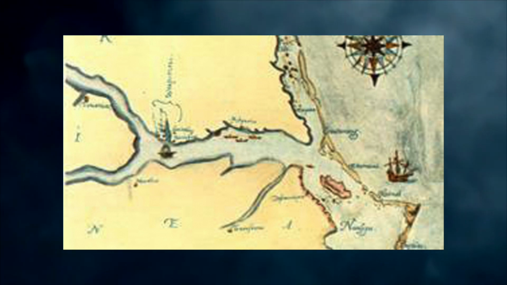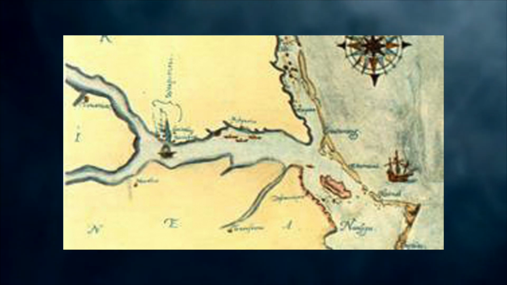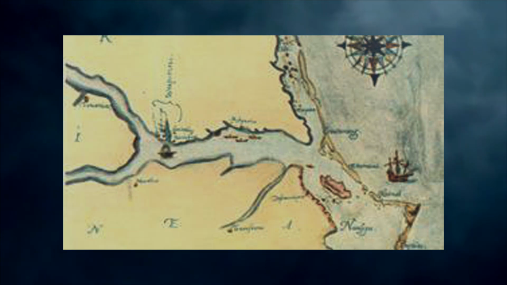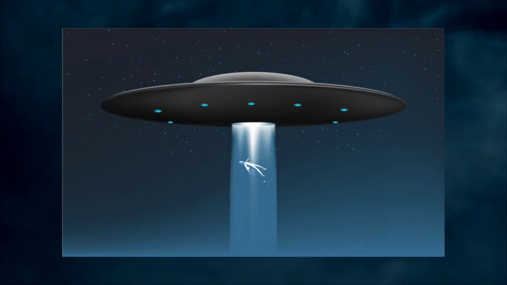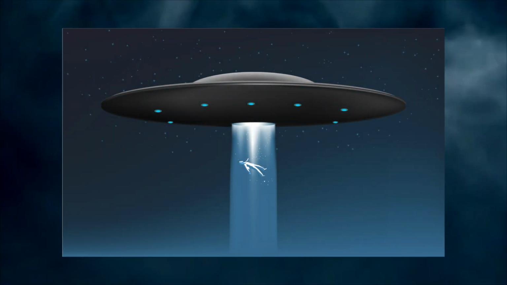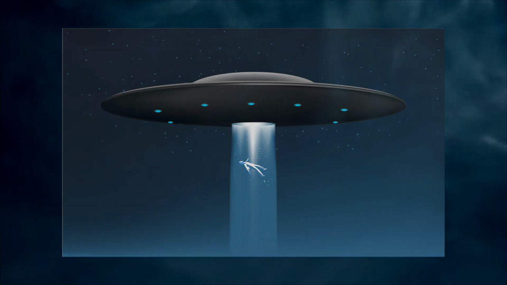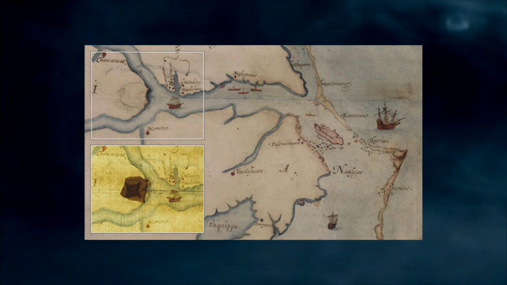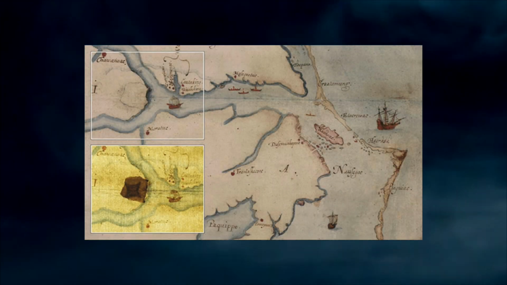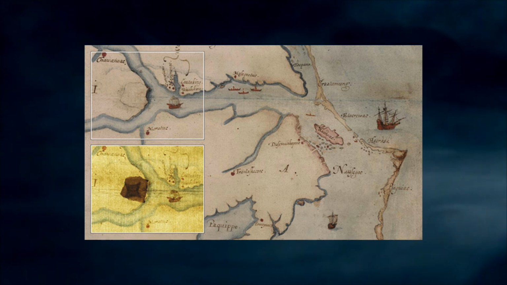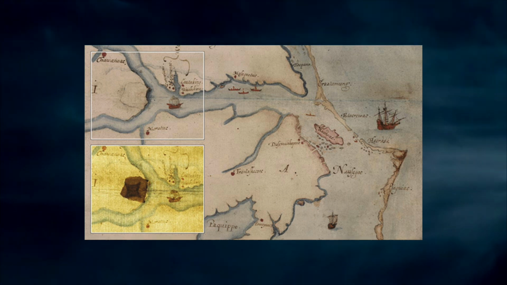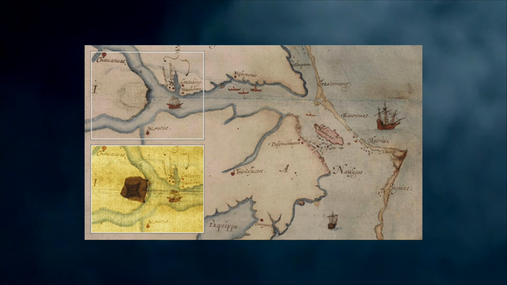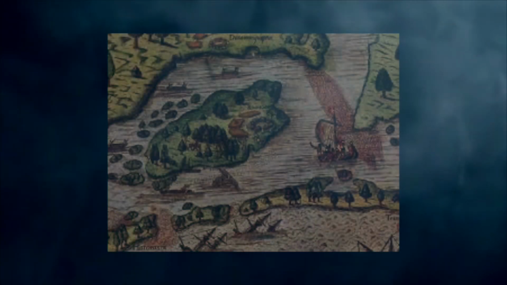I personally tend to bounce around with different theories, but I think some of them are very fascinating, like the alien abduction. That would explain it. They just up and disappeared because the aliens took them away. Or something more simple, like moving down with the Croatoan tribe. Or they all just could have died off, moved inland and then died off. There are so many different theories, and the ideas of what happened to these